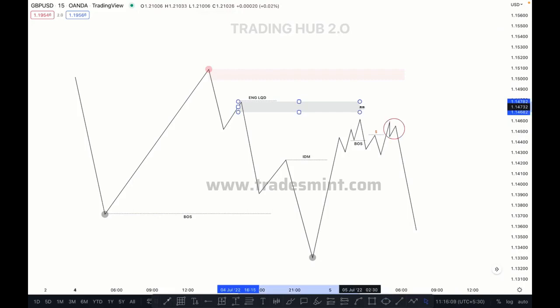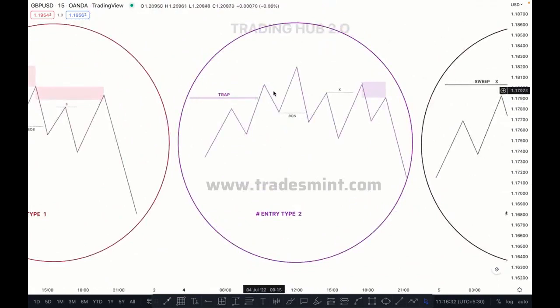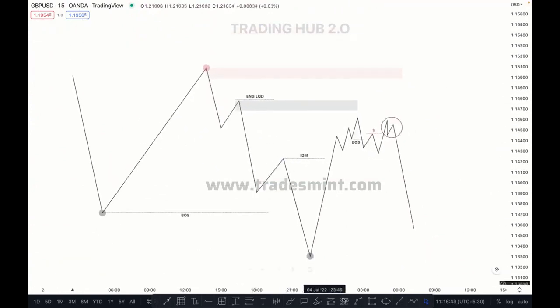Okay, but in this case the market did not mitigate our supply zone, correct. The market breaks the structure, takes out the minor inducement, and then we look for sell, and we can continue to stack the position. So this is our first scenario when we can sell, and this is called entry type 2 as I mentioned here. Let me show you exactly. The market traps and closes above it, then break of structure, takes out the first minor inducement, and then we can continue to sell. So this applies when the market breaks the structure and closes above it like this, meaning it takes out the inducement and takes out the high,